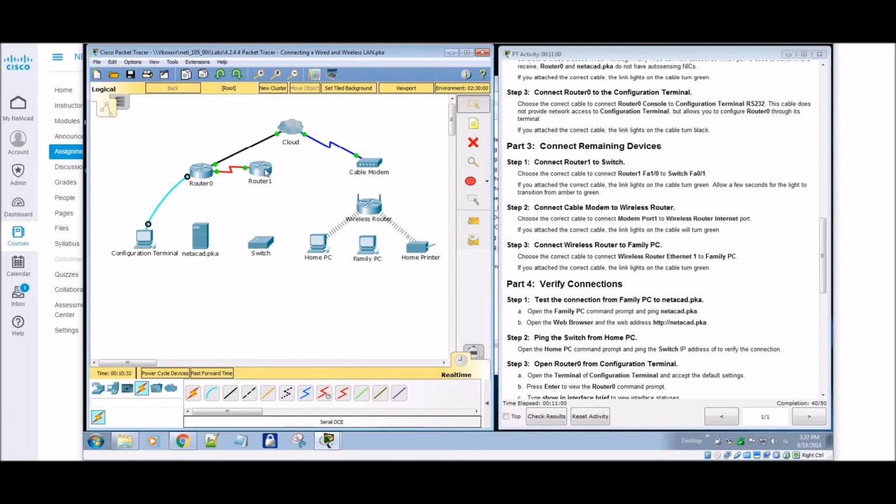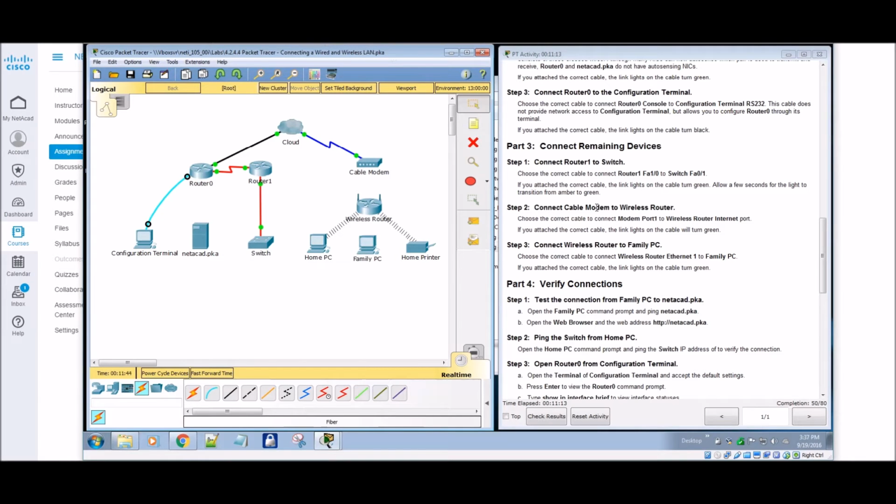So I'm just going to press escape, move out of there. I'm going to go back to my fiber optics, and I'm going to connect to my fiber here. And on my switch, I'm going to connect to the fiber optic, and it should come up in a few seconds. And if it doesn't come up, we can just fast forward time, which is the nice thing about Packet Tracer.